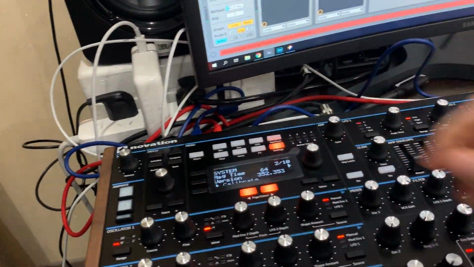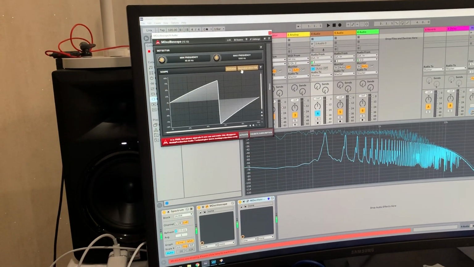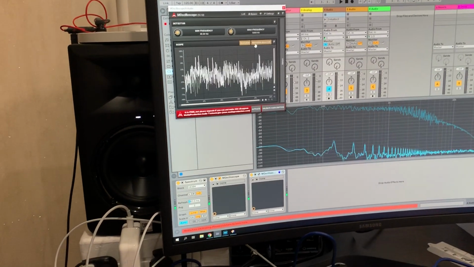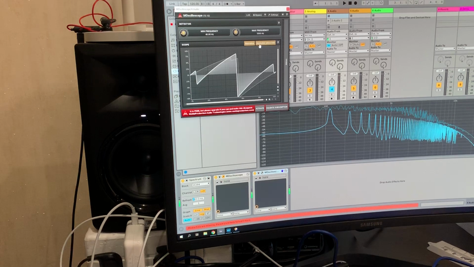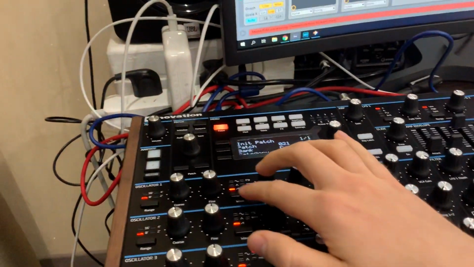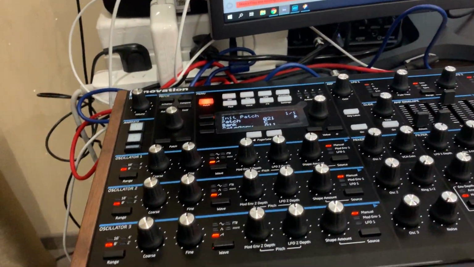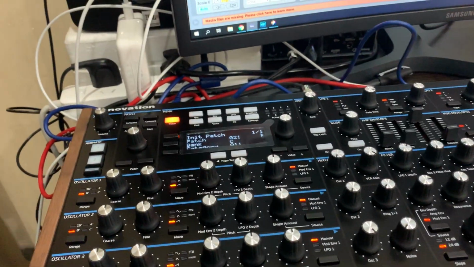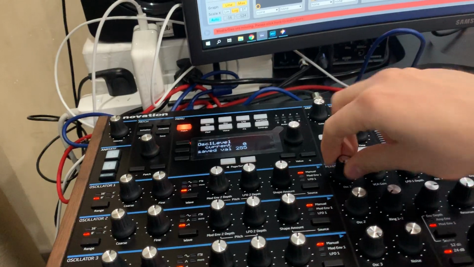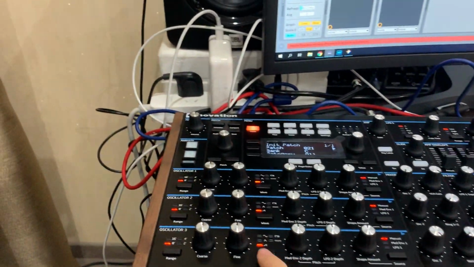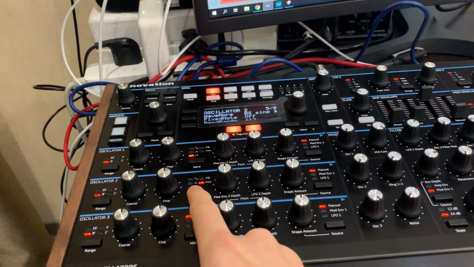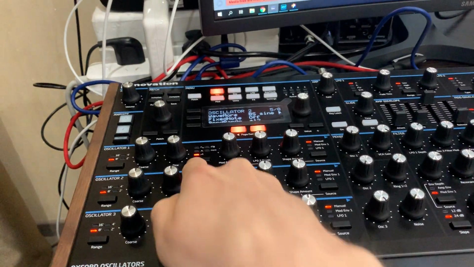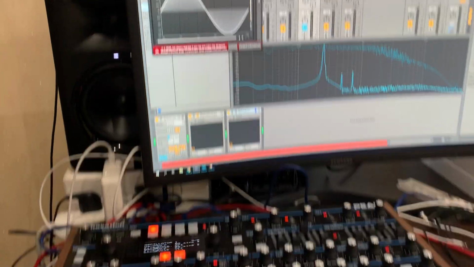Okay, let's start from scratch. Initialized patch, and what we have is a perfectly good and tuned sawtooth. Now I'm changing the volume for the third oscillator and changing it to a sine wave for all of them. Now I've got a perfect sine wave,